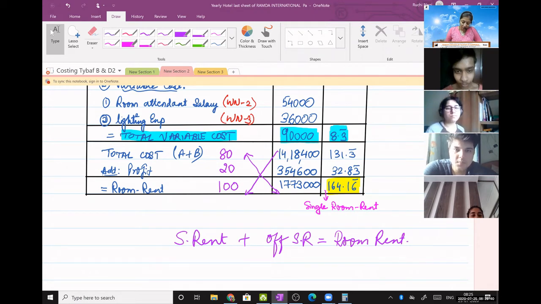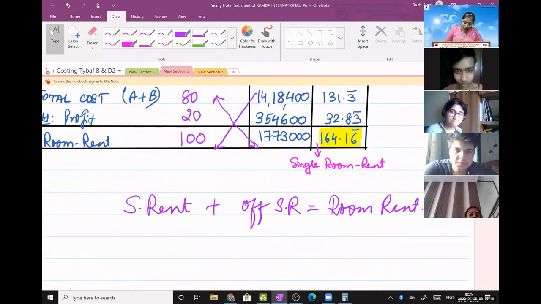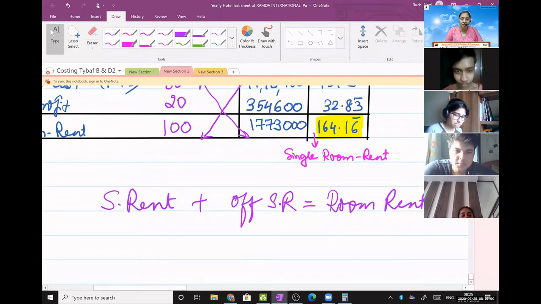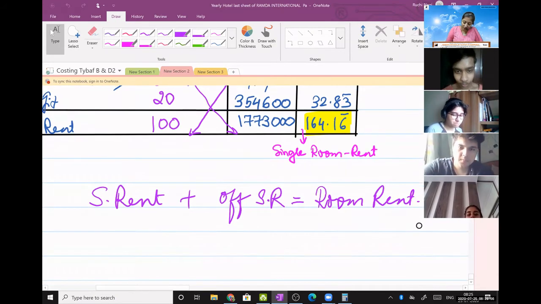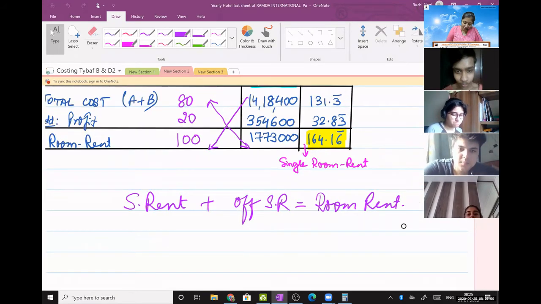Okay, the season's rent, okay, fine. Okay, both have understood. Great. Okay, now see what I'm saying. Now what is the question saying? Don't write this thing. I'm just writing it on the screen so that you can understand. Later on, I'll tell you how to form the equation. Just understand what I'm doing.